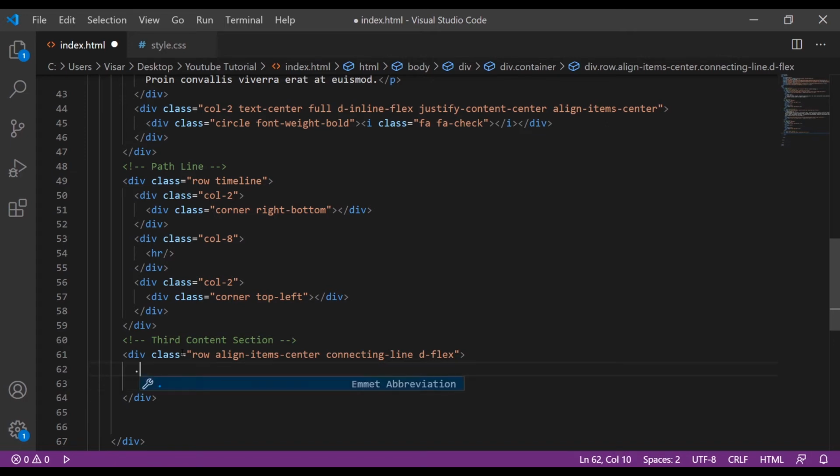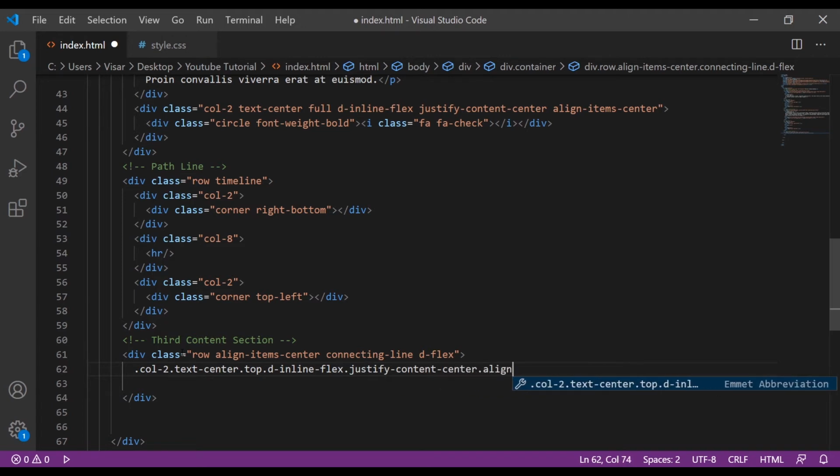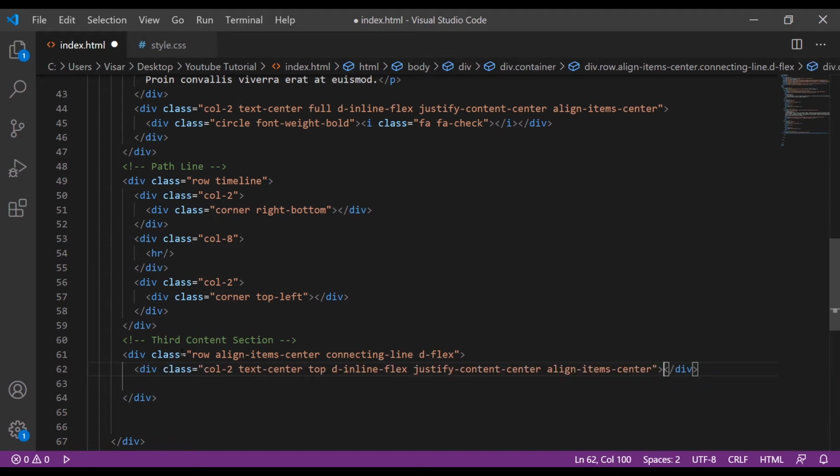And just inside here we'll have col-2, text-center, top, the inline flags, justify-content-center, align-items-center. Okay, then here we'll have the icon. So copy it from the other place.